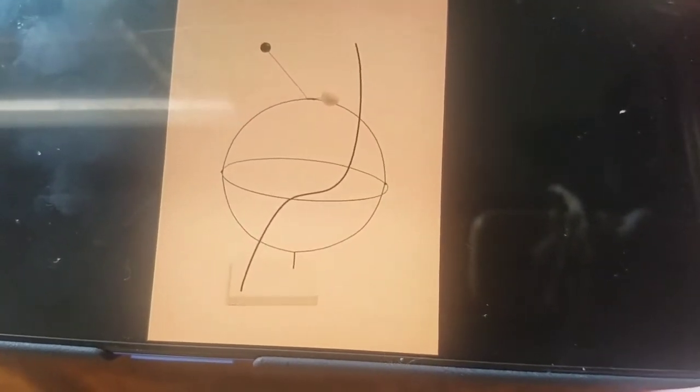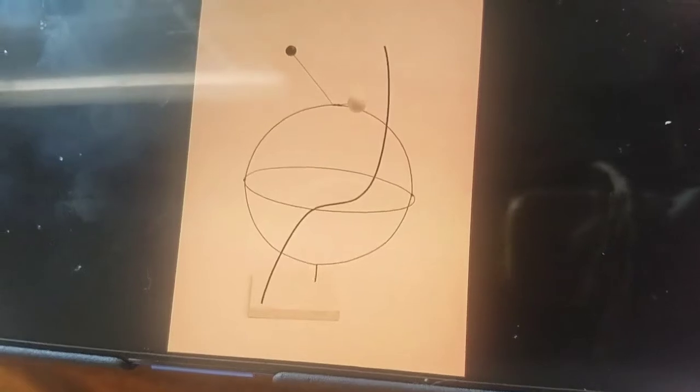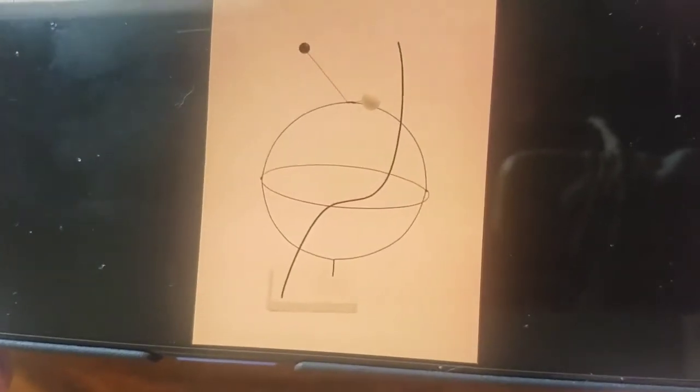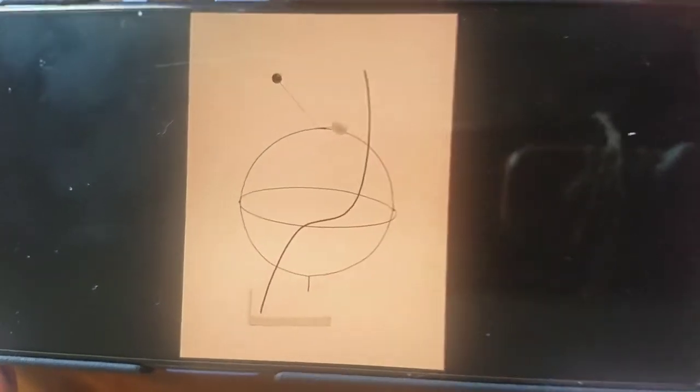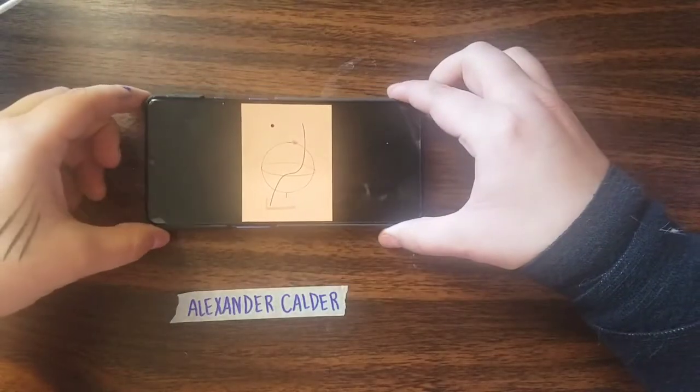So just to move it closer to the camera, you can notice the circle there, a very organic line moving through it, but overall it has a very globe-like, constructed way of looking at it. It's just really beautiful work done by him, Alexander Calder. Now, the next person we're going to talk about is